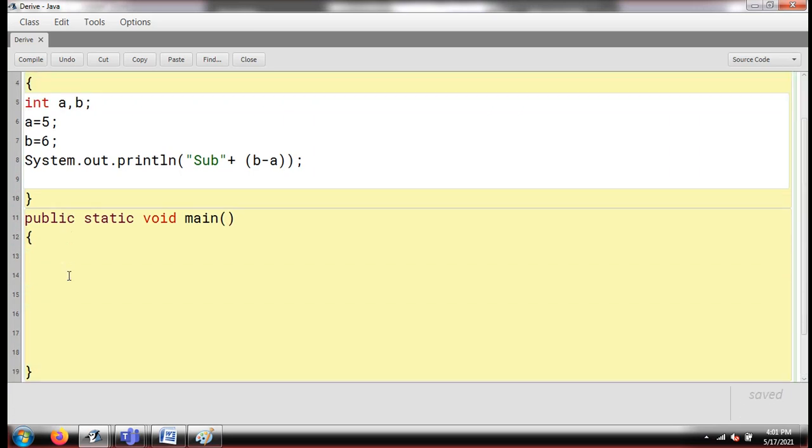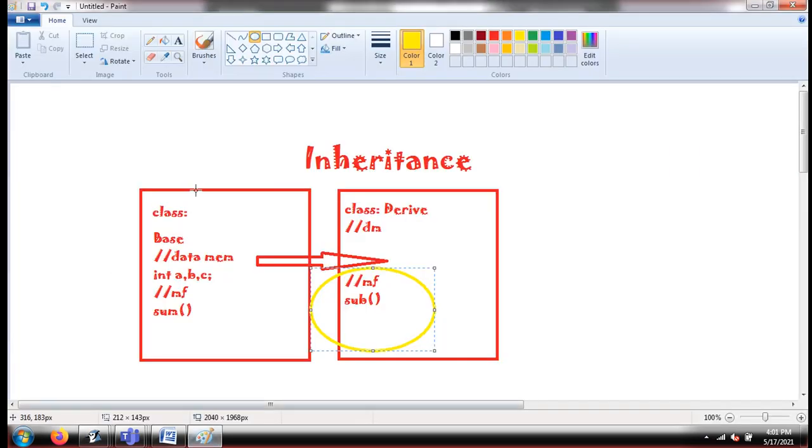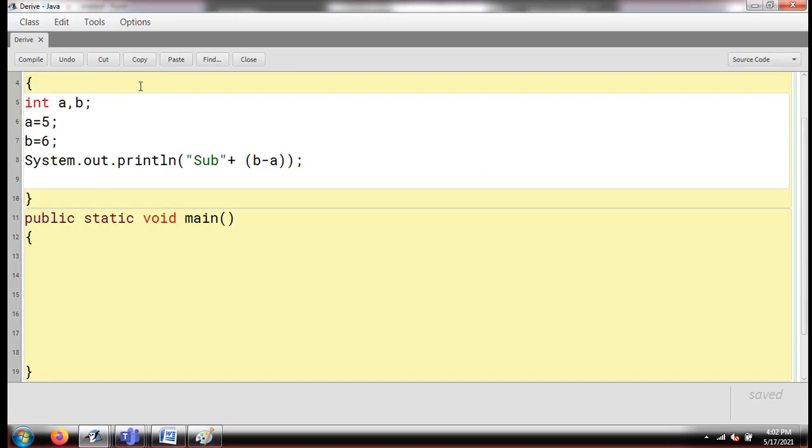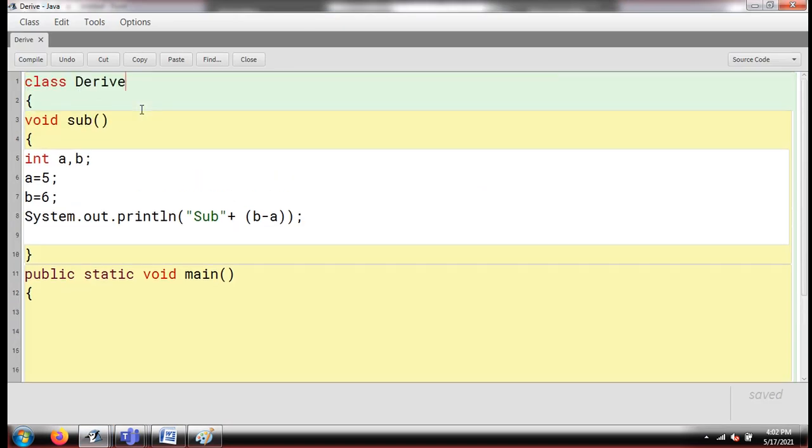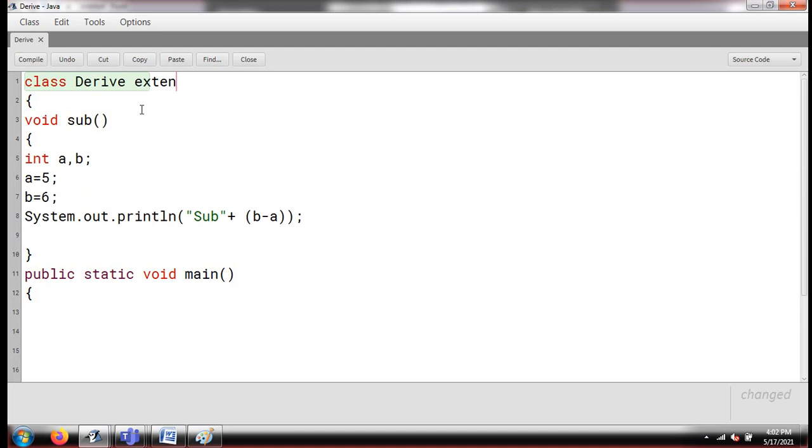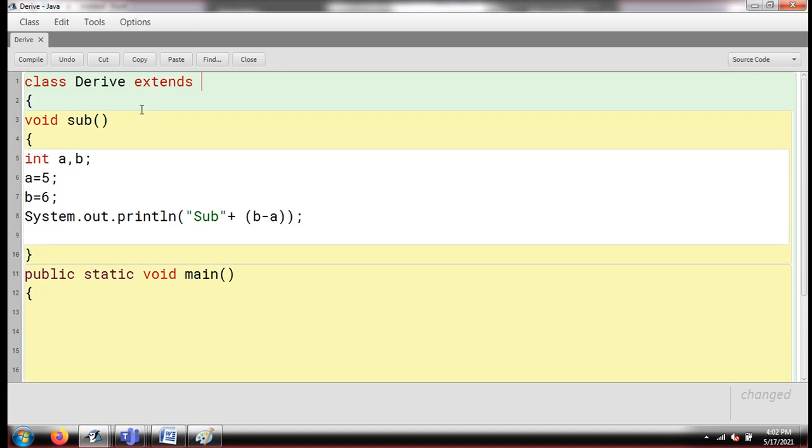Now the thing is that I have told you in this example that I have some feature through which I can bring all my base class's work to my drive class. So what is this feature actually? This is not a feature, this is a simple keyword, guys. The keyword is extends. Always remember, once you write drive extends, it means some base class is expected here. Only one base class can be written in Java, though in C++ we can bring many base classes together in a derived class, but in Java only one base class can be added with one derived class.